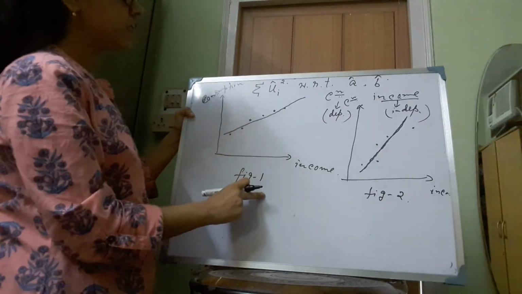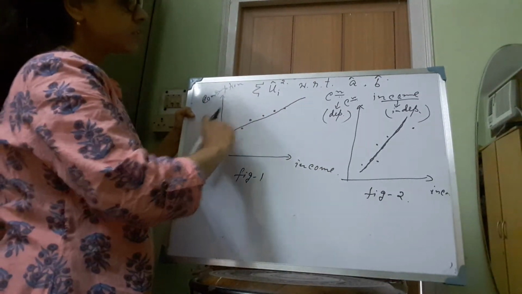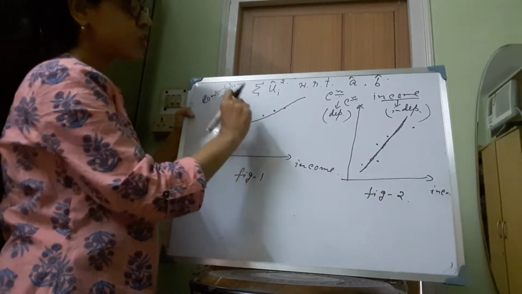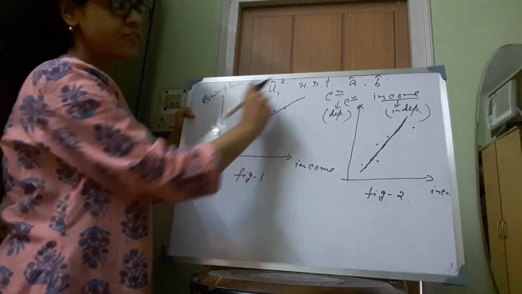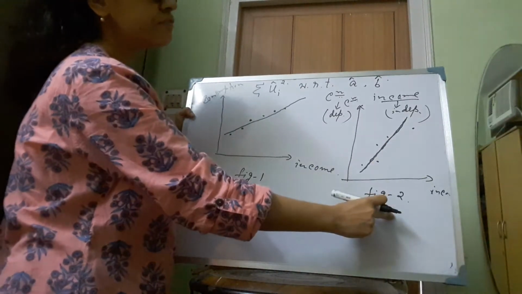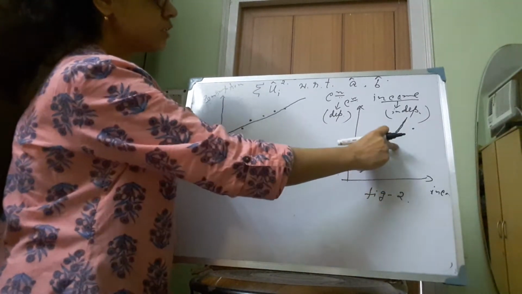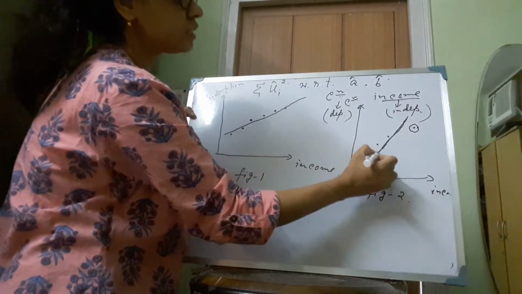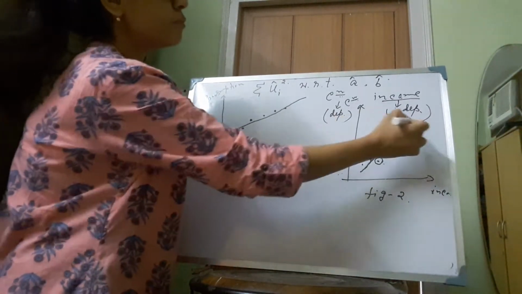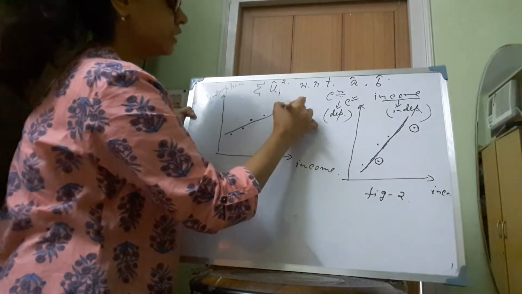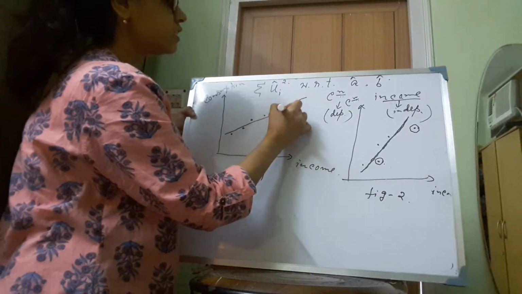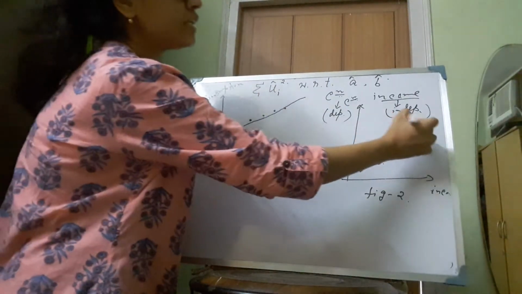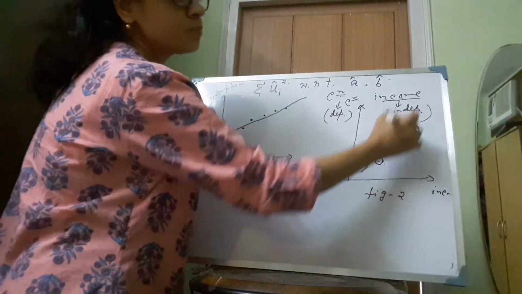Now what we can observe from these two figures? Here in figure 1, the line is passing through all these dots, and these dots are much closer to the straight line as compared to this figure. So here the dots are not closer. This dot is not closer to this line. This dot is not much closer to this line. But if we compare these two dots here in figure 1 and figure 2, then this dot is almost lying on this line. But here this dot is far away from this straight line.